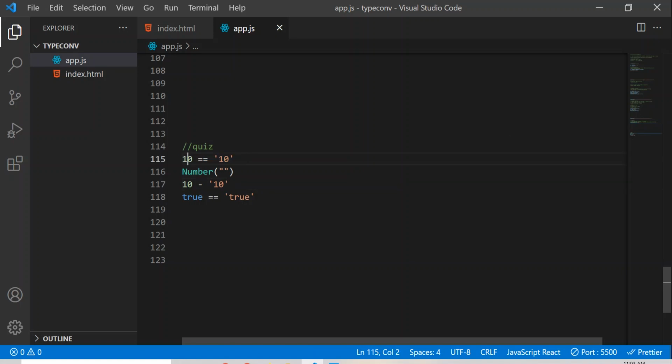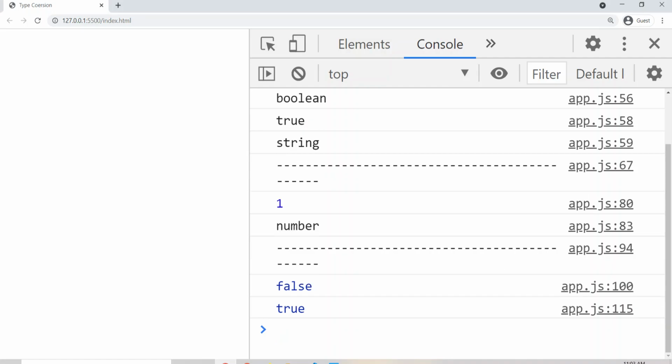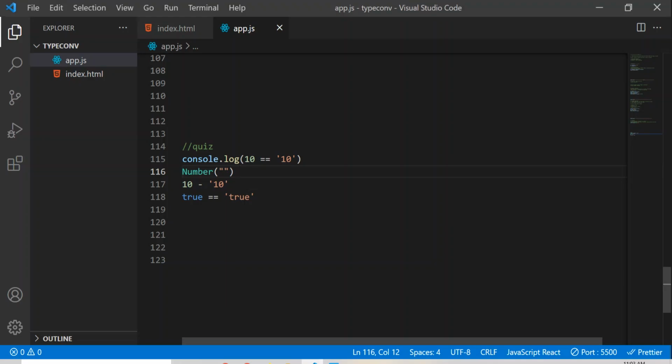So let's pass this into console.log. Now just tell me what we are going to get as output. Let's see the first one. You got true, but why? Because the double equal to operator is the loose equal to operator. It will not check the data type. That's what we have learned.